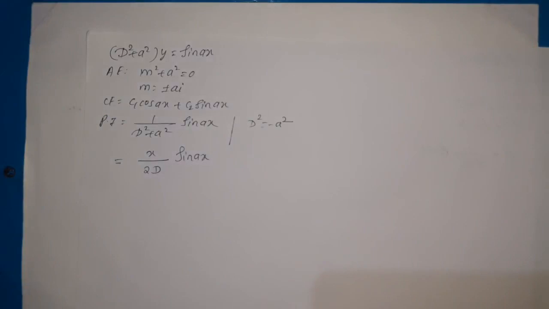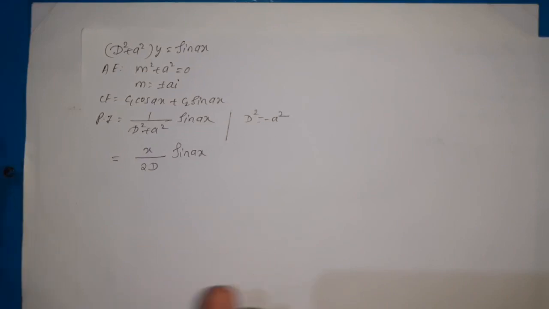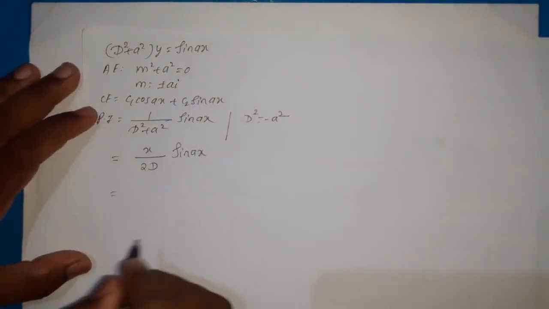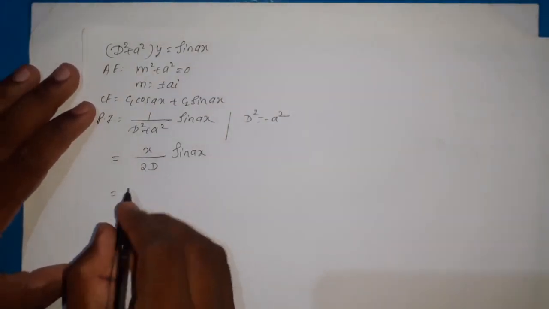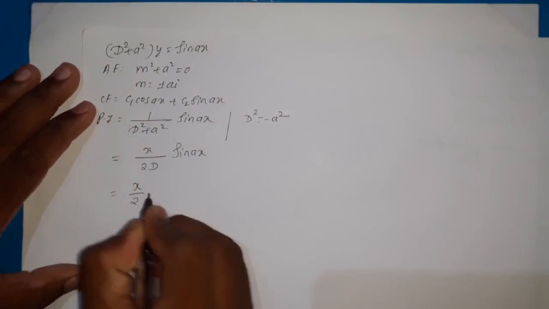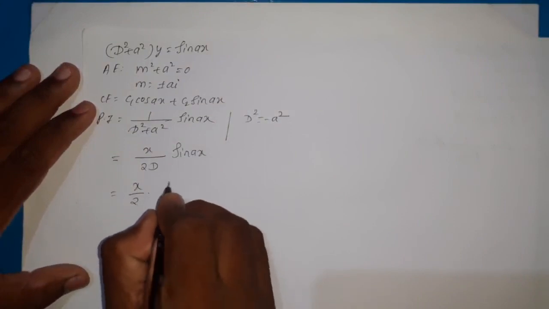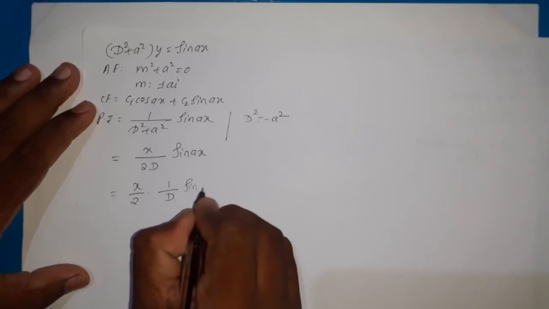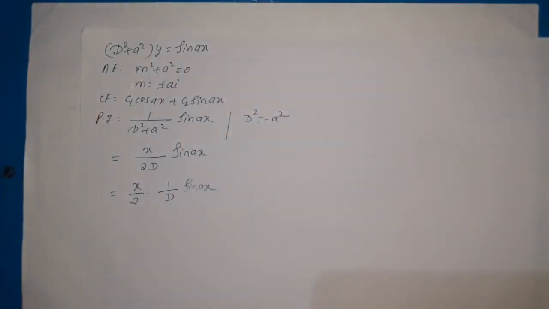We know that whenever a linear factor is remaining in the denominator in case of sin ax or cos ax, then we need to rationalize that and then proceed. So here in the denominator there is no linear factor, so it is a multiple of D, that is 2D. Then this can be written as x by 2 into 1 by D into sin ax. So we know that